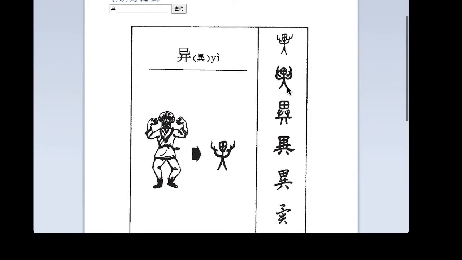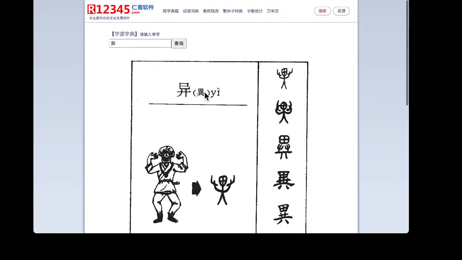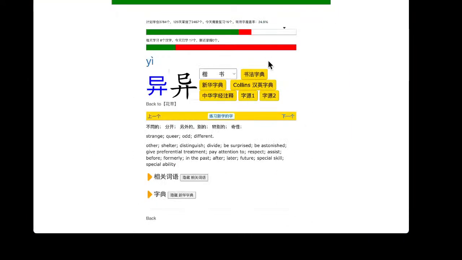You can see the oracle bones really look like that. Later on it was simplified. Okay, so this is 异. Next one,